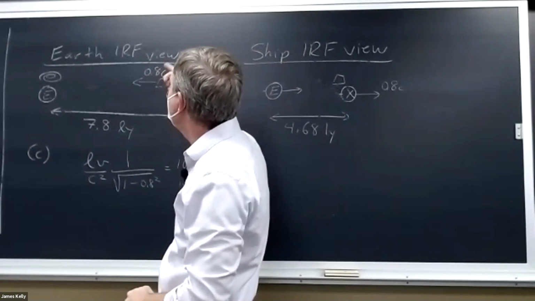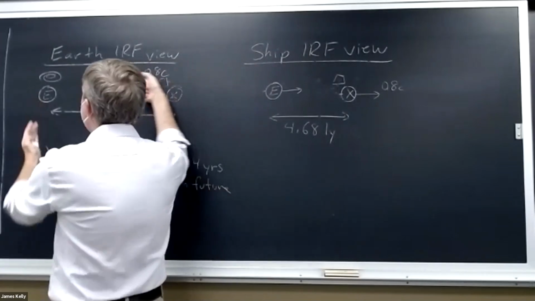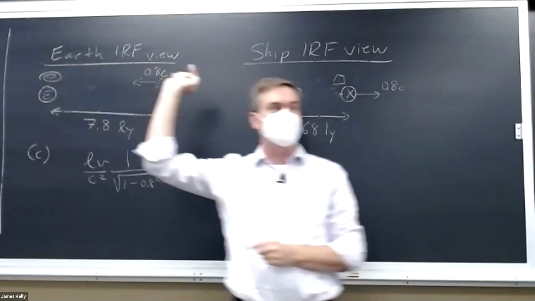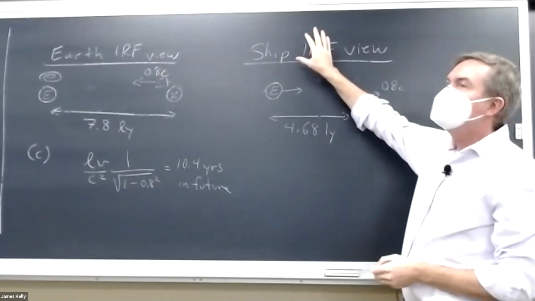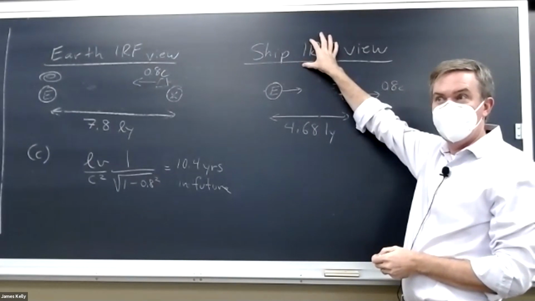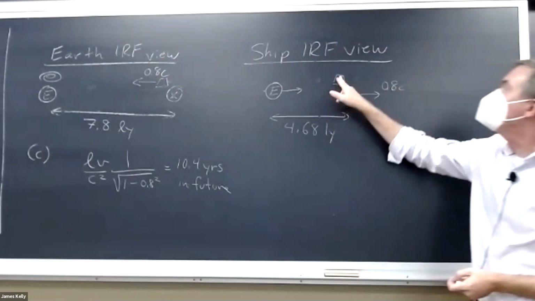Well, the ship is now in the frame where these two events are simultaneous. The ship is heading this way. It's heading towards the hurricane now. That means the hurricane is going to happen first in this IRF. Hurricane's going to happen first. And therefore, if we're here,